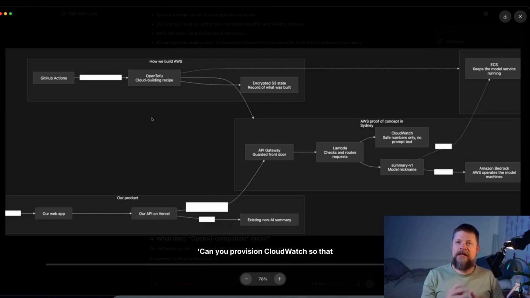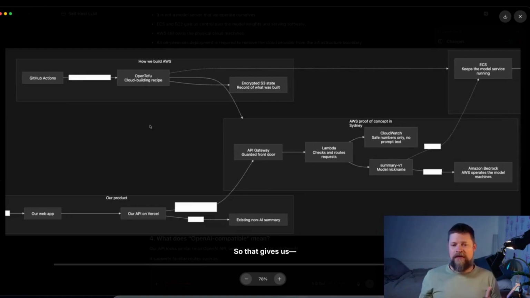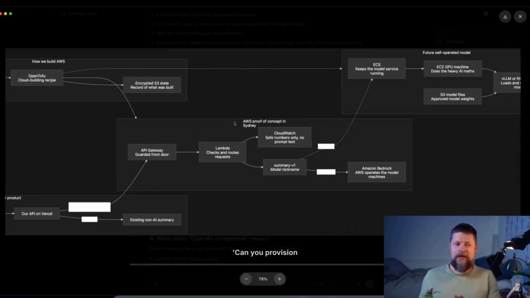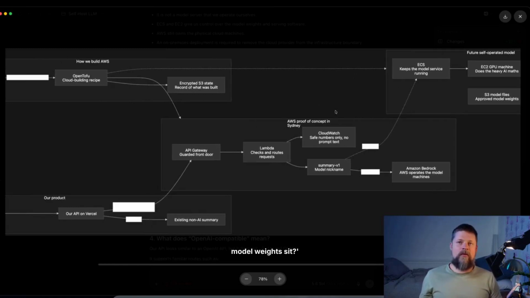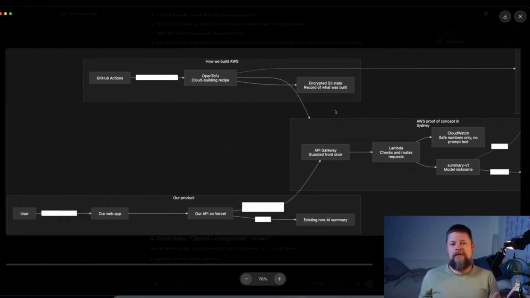Can you provision CloudWatch so that we have somewhere to have our logs? Can you provision the Bedrock instance and fire it up? And then eventually it'll be like, can you provision the ECS, the EC2, the GPU, and vLLM, and the S3 bucket where the model weights sit. So there's a lot of configuration. It's very configurable. It's a lot of code, but it means that when you run it,